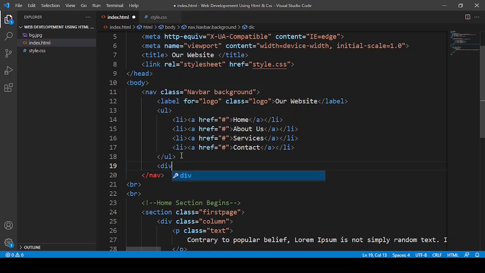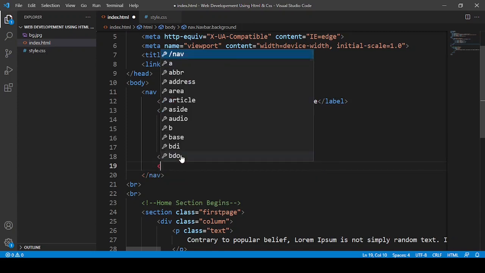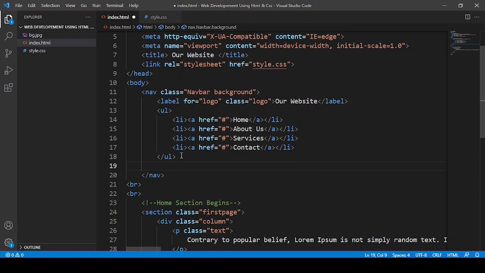I can make a div also, but I think without a div I can work.